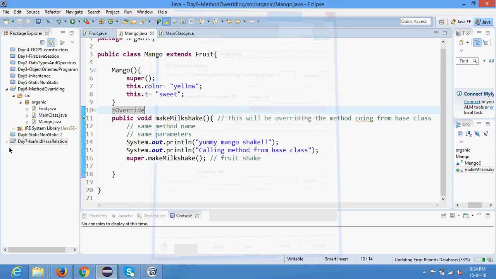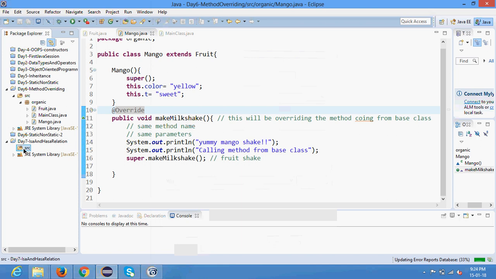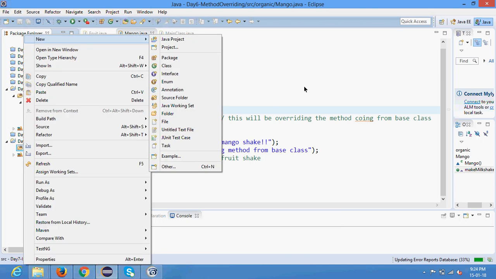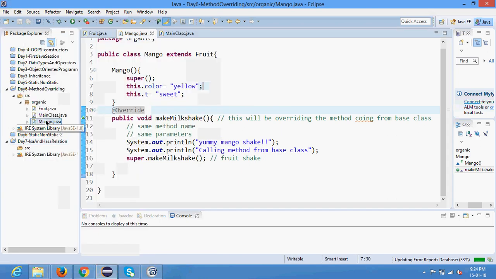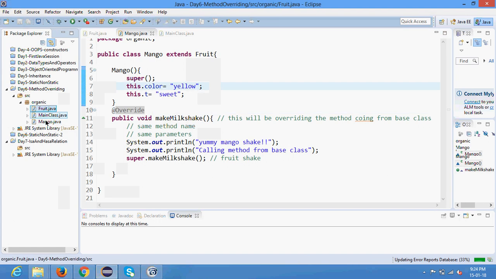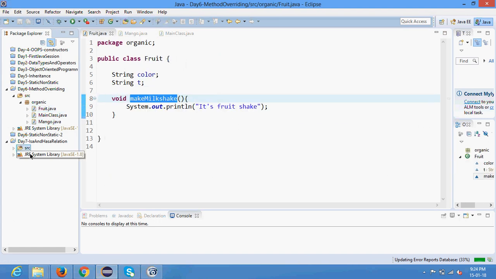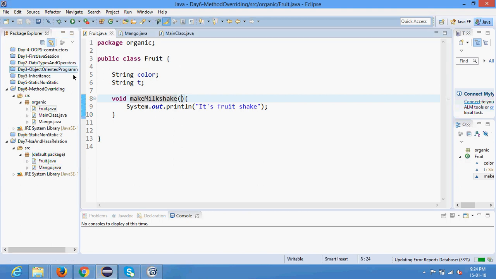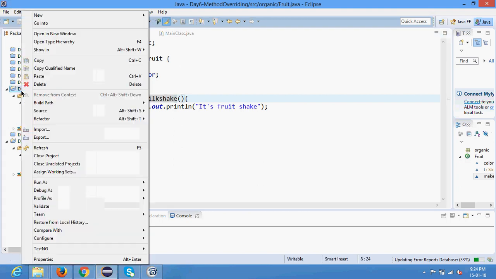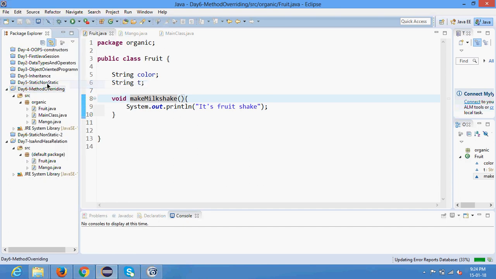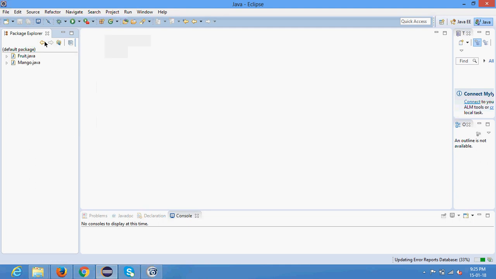So guys, I will just copy paste the code from the previous example. I'm going to copy the fruit and mango class from the previous example. Okay, so I have fruit and mango class. Let me close this day 6 project to avoid confusion. Oops, not delete it. It has to be close project. Okay, so I have, oops, sorry. All right, so let's create a main class,